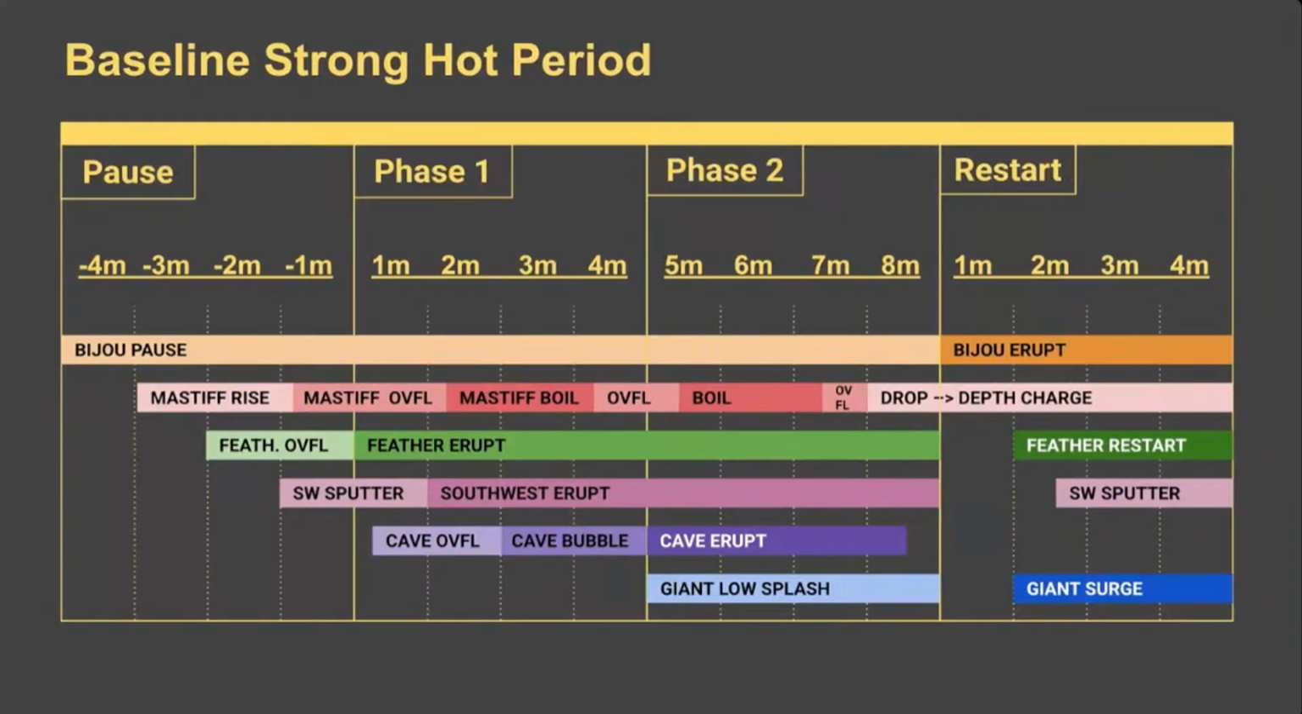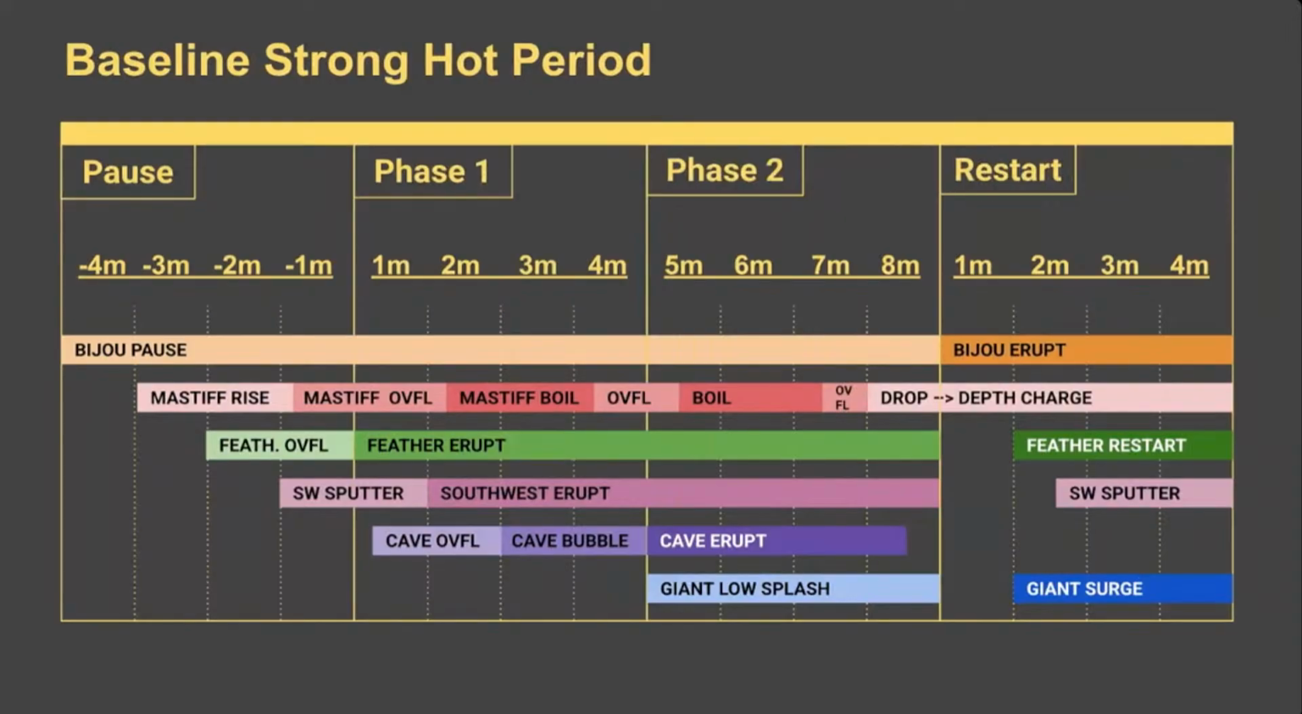So a baseline strong hot period, a duration of somewhere in the order of 8 minutes, maybe 7, maybe 9, would be pretty normal. You'll get the Southwest vents, and then sometimes Cave would bubble, sometimes it would erupt. In 2018, we pretty much got Cave on all of our strong hot periods, but in some years, it would only bubble. And then the key to this hot period as compared to the next slide that I accidentally went forward to is that Feather stops